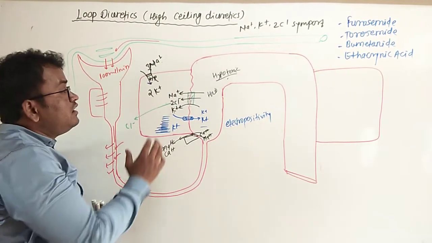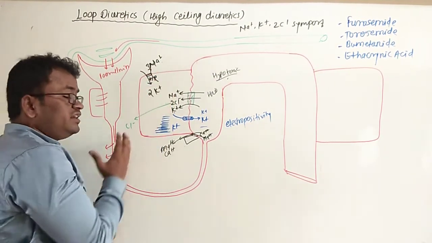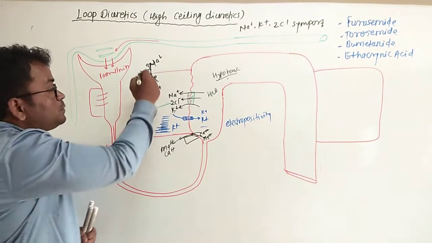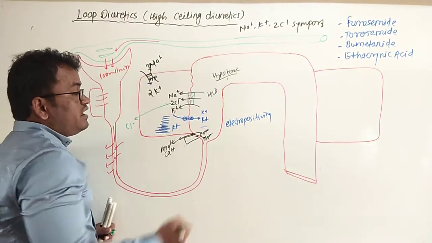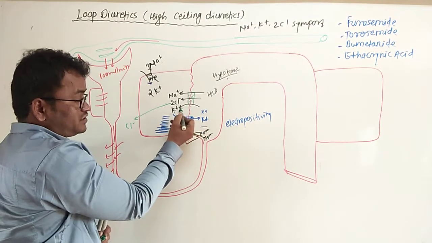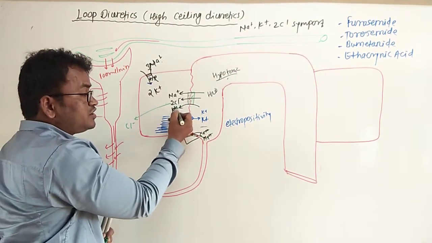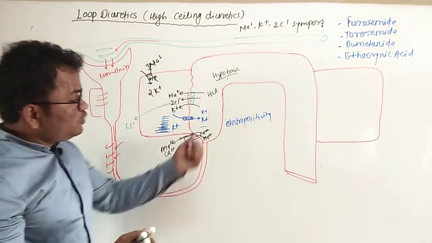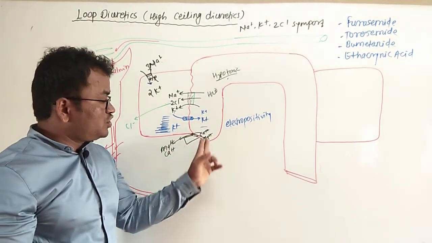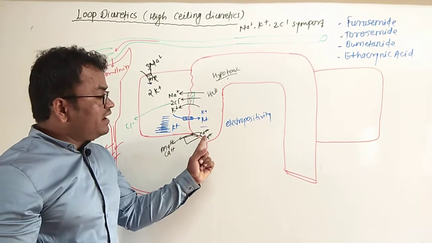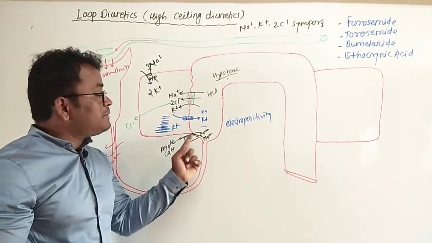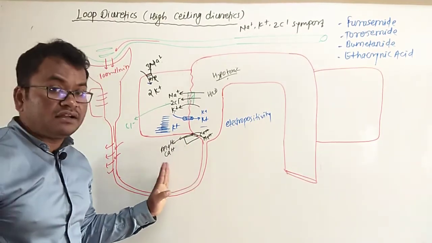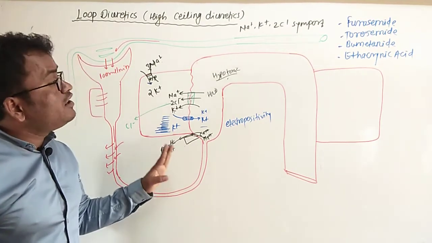3 sodiums are taken outside the cell and transported into the interstitial fluid, or medullary interstitium, or peritubular capillary network, or directly into the blood. And potassium comes from the blood into the cells. Hence excess potassium is present in the cells, that is high potassium. So this potassium leaks through the potassium channels into the luminal side. Hence in the luminal side electropositivity develops. Positive repels positive, which leads to the divalent cations being reabsorbed through the gap junctions or paracellular transport, and transported into the medullary tissue or directly into the blood. Okay, so this is about the normal physiology.